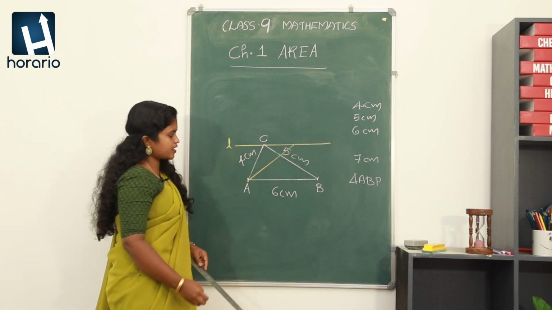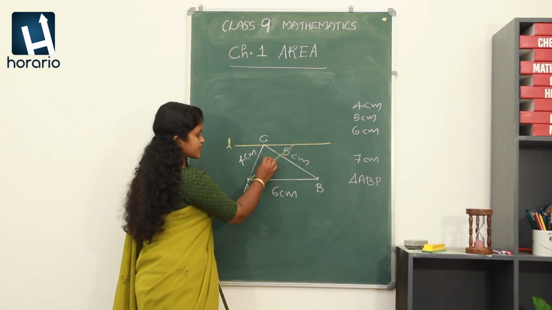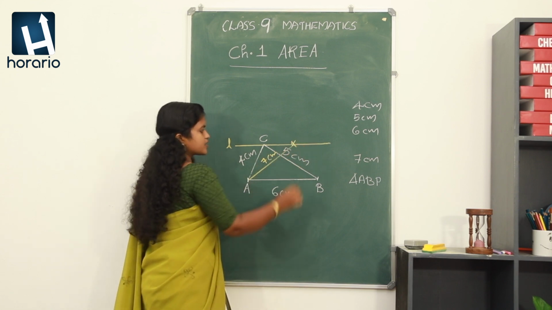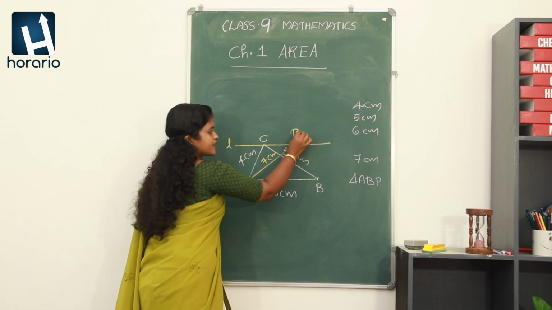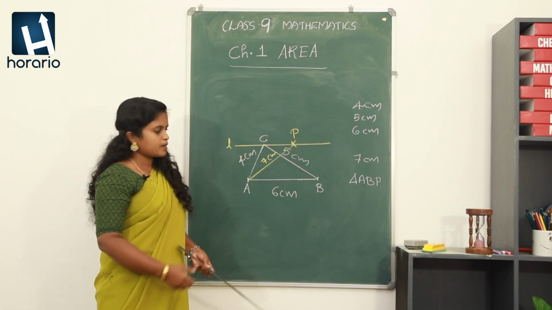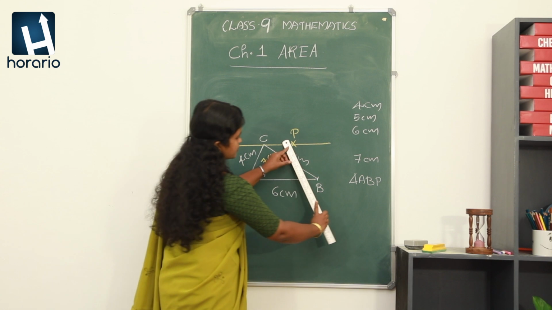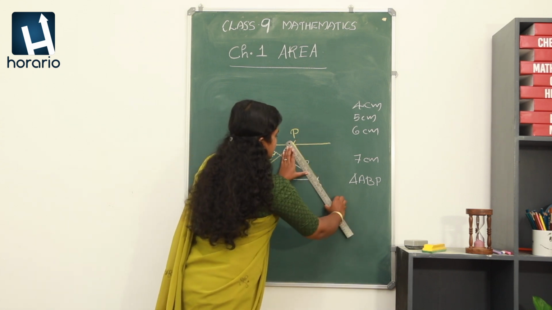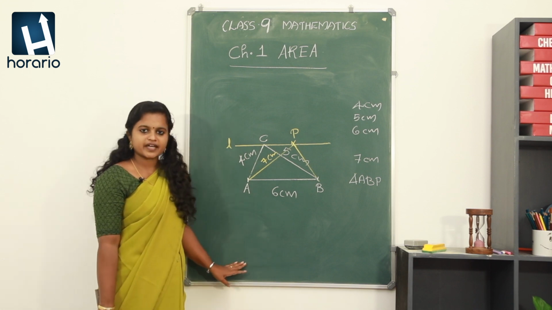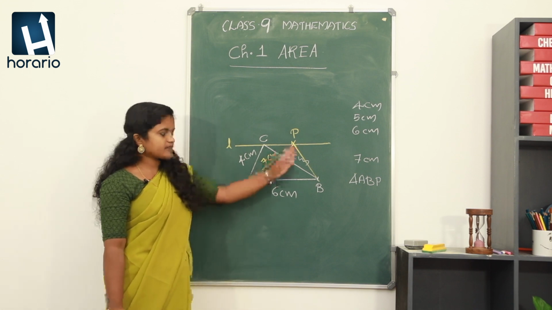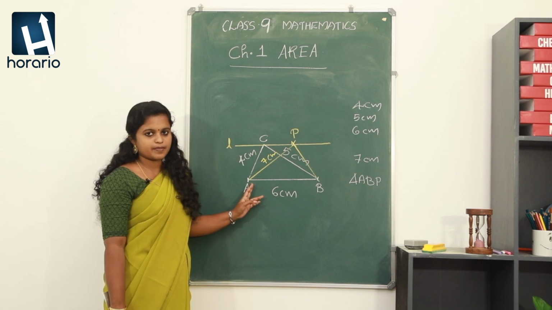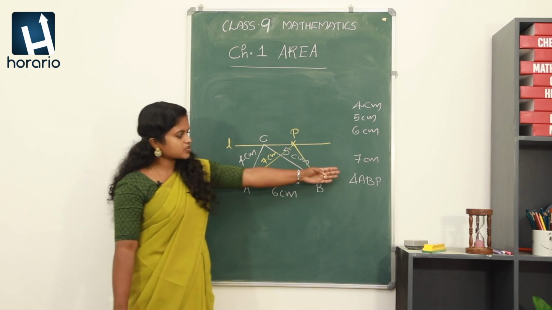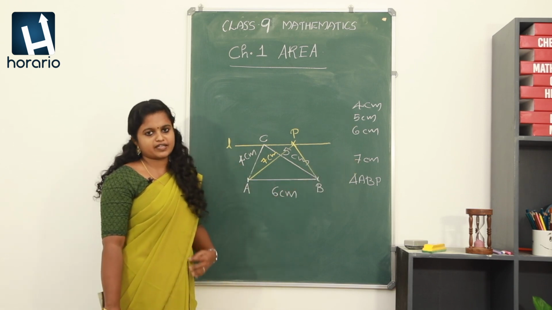So you can see that a line has been constructed which has the measure 7 centimeter, and here I got a vertex that can be taken as P. But we need a triangle, so we just need to complete this triangle APB. Now the problem is done. We got a triangle which has the same area as that of ABC and it has the same base AB. The condition is also satisfied. One of the sides is 7 centimeter.